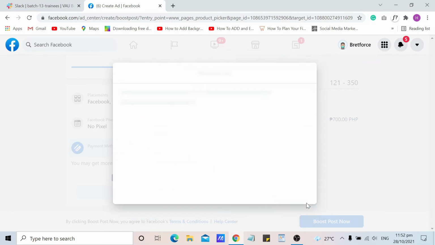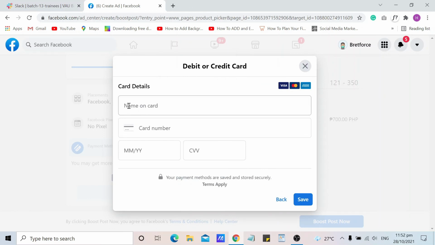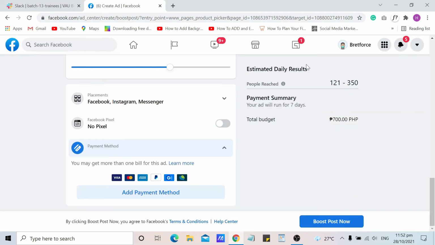Then click Next, input the details of your card, and then click Save. And then you can now boost your post by clicking this button, Boost Post Now, and wait for the confirmation message to appear on your screen.